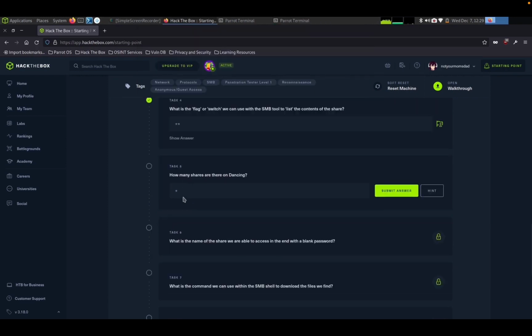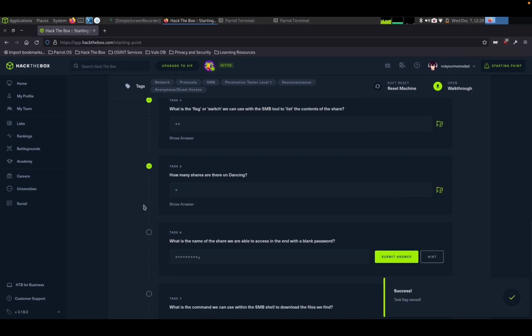So now let's finish a few little tasks here. How many shares did we see? Well, we saw 4 shares, and you can go back there if you missed it. You can use -L, just like we learned on the last task. So there's 4 shares. What is the name of the share we are able to access in the end with a blank password? This is going to be